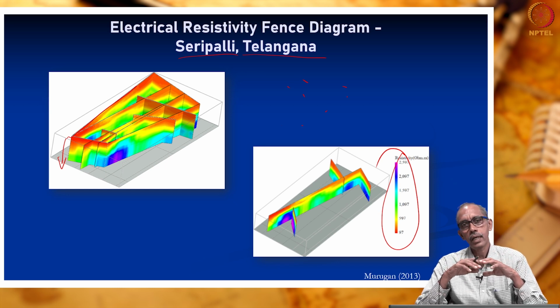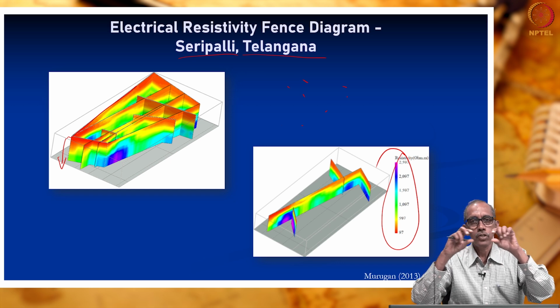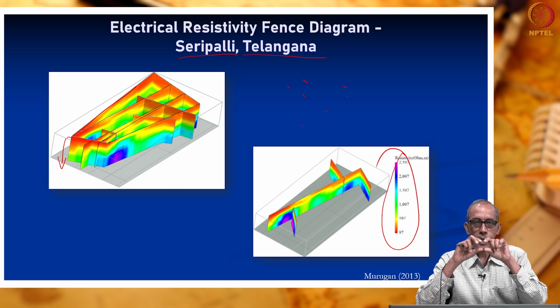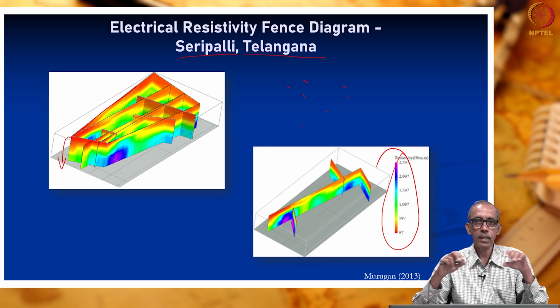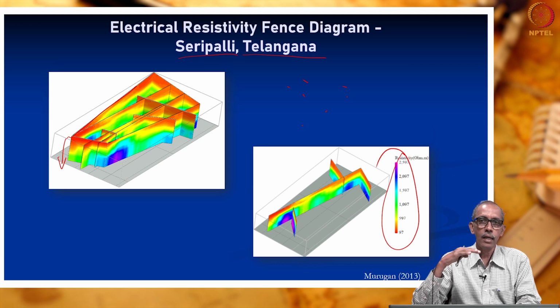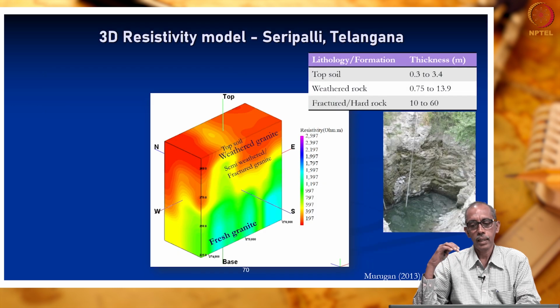Using this, we try to decipher the zones which are having soil, that is upper regolith, completely weathered material, then moderately weathered hard, then highly weathered rock, moderately weathered rock, and beneath that we have the fractured rock. So, we were able to understand the thicknesses of different layers below this particular area, right.